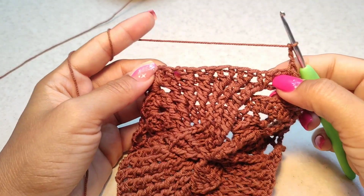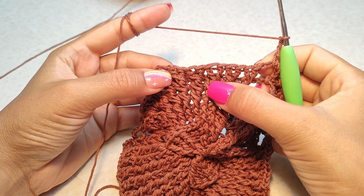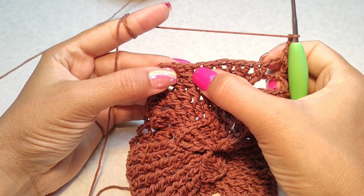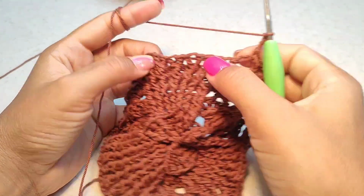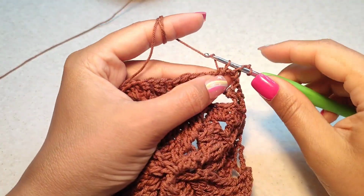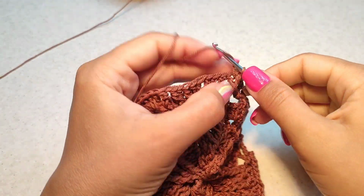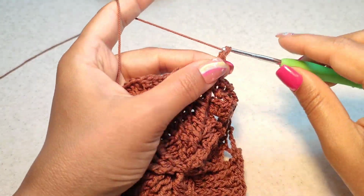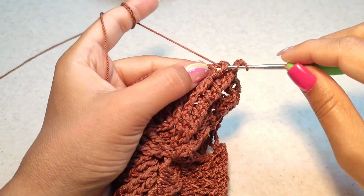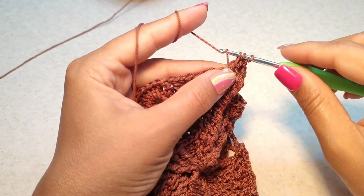Now here we make 2 front posts, leave 1, 2 front posts, leave 1, 2 front posts, leave 1, 2 front post, chain 1, leave 1, and a front post double crochet. So 2 front post double crochet around the first one, 1 and 2, leave this one and we go for next 2, 1 and 2,